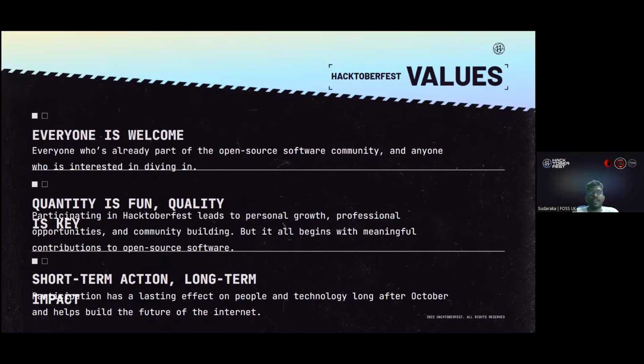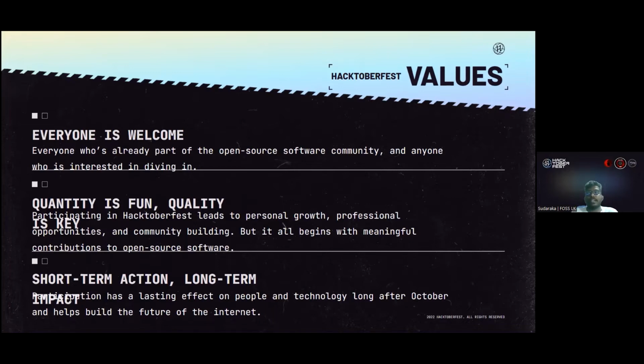So whether you are in the tech industry or not, if you are a beginner, you can already contribute. Even if you have never submitted a pull request, or you don't even have a GitHub or GitLab account, you can contribute to Hacktoberfest, because everyone is welcome. You can learn from the already existing repositories and the internet, so you can gain your knowledge and contribute to Hacktoberfest.